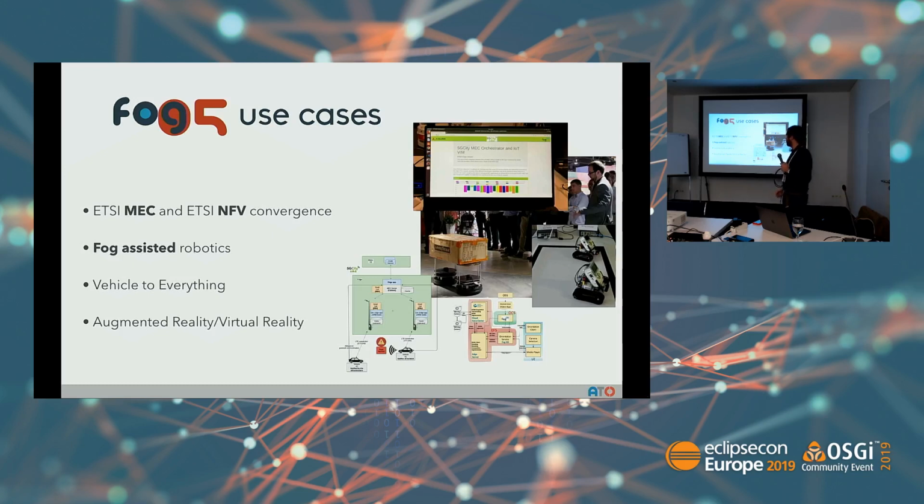Also, we had a vehicle-to-everything demo use case that will be done in Barcelona, I think, by the end of the year or beginning of 2020. It's pretty interesting because in that case, we will deploy the application in the lamppost using fog05. So the application will be orchestrated through the orchestrator from ETSI because it's coming from a European project.